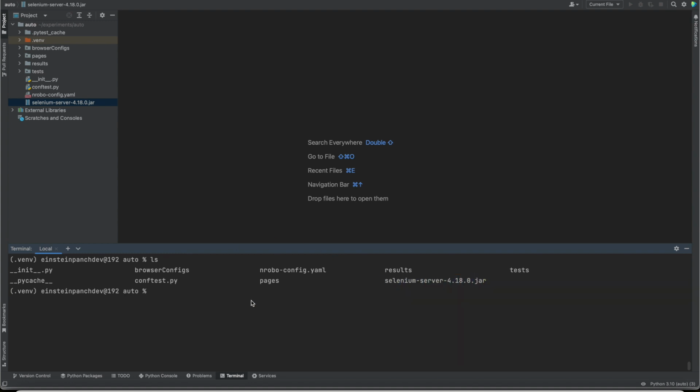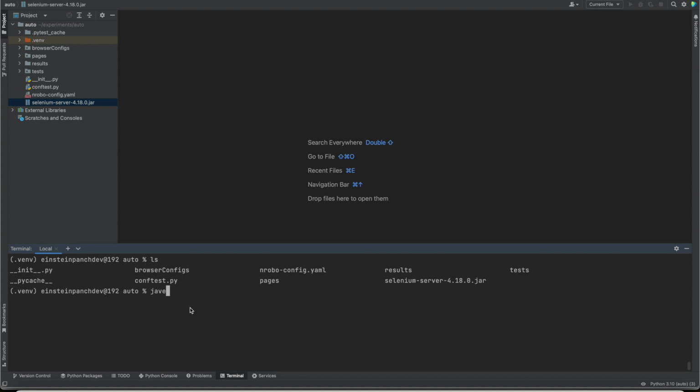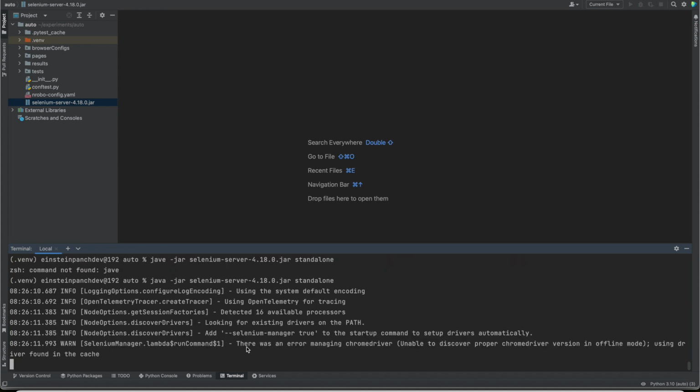settings. So let's run the Selenium server instance using this command, java -jar selenium standalone. Okay, it should be java, not java. There is a typo, so let's correct it and rerun the command, and this will start a standalone server,